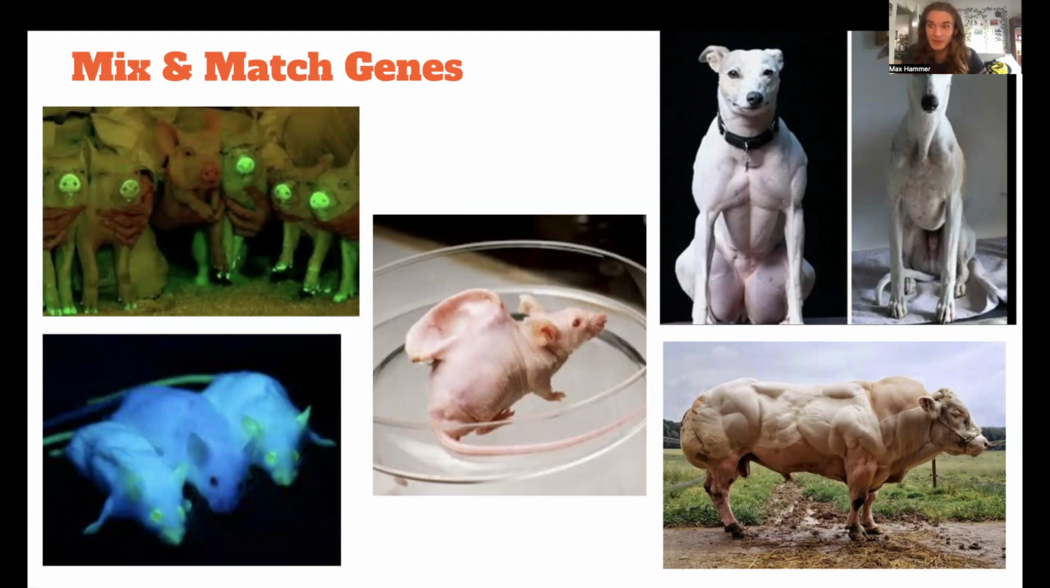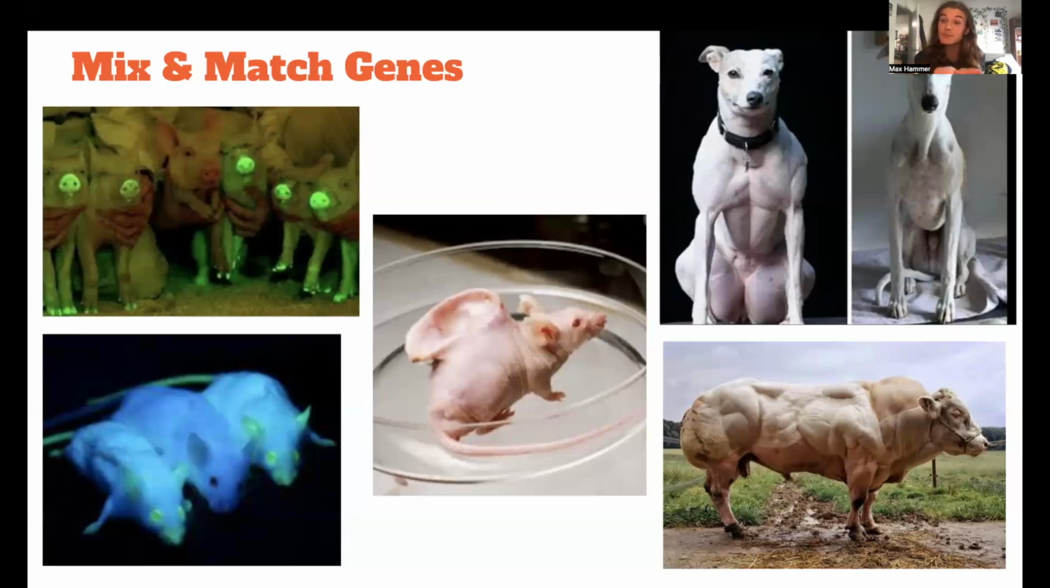Here are a couple of really cool and crazy examples from these first experiments of mixing and matching genes. This first one, with these pigs and mice, is for a gene for a protein called GFP, which stands for green fluorescent protein. GFP is originally produced in a jellyfish that glows down in the deep ocean. But we can take that gene, the DNA that has the instructions to make that fluorescent green protein,